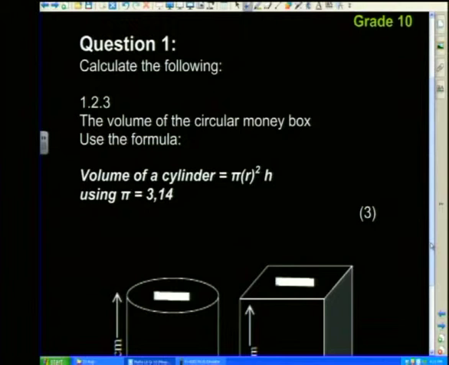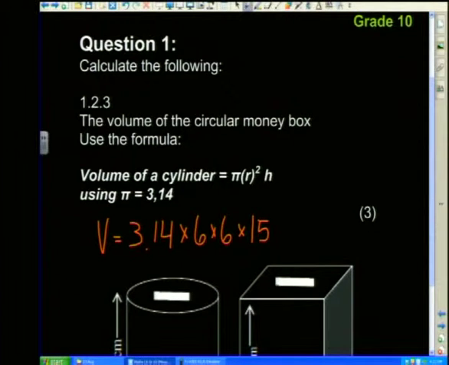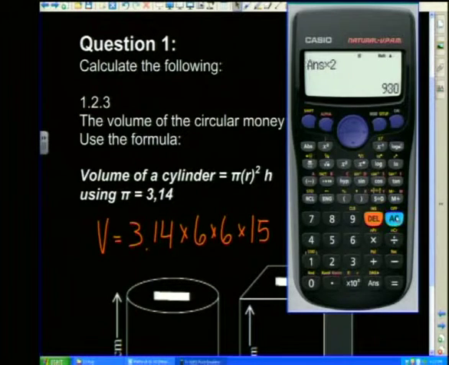They're going to give you the formula, so you don't have to really panic. So let's get an orange pen. We're looking for the volume, and we're going to do pi, which they tell us to use 3.14, times the radius squared, and our radius, if you remember correctly, was 6. We're going to do 6 times 6, and times the height, which was 15. So now we can do that on a 4-function calculator without any problems at all.